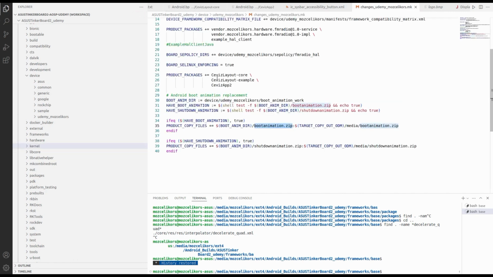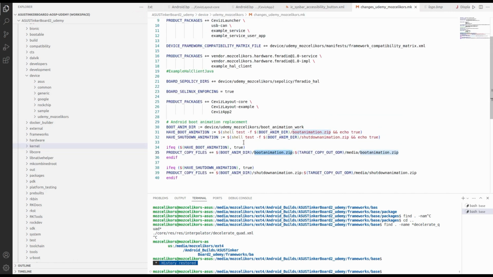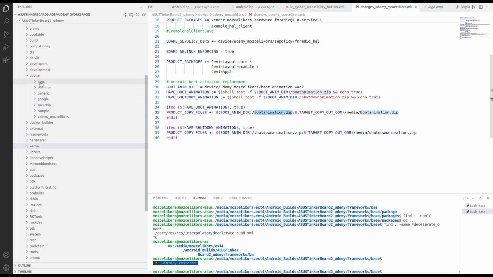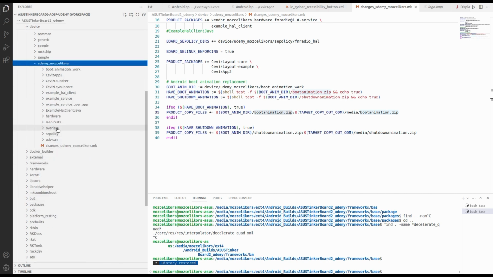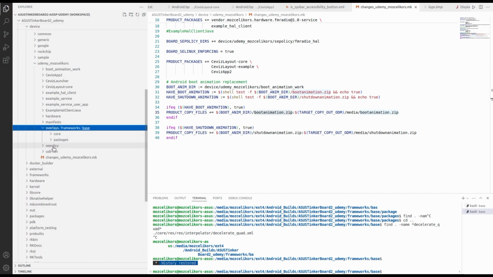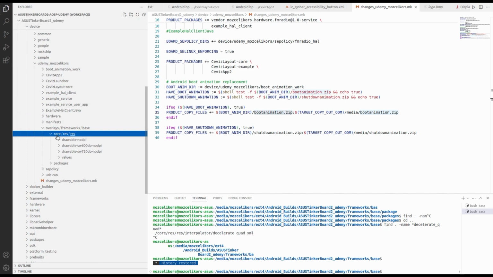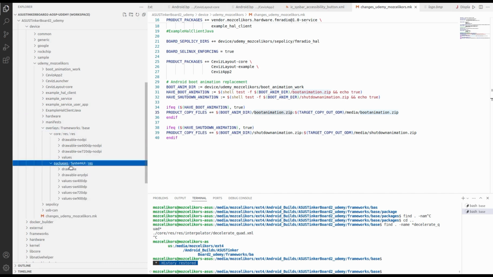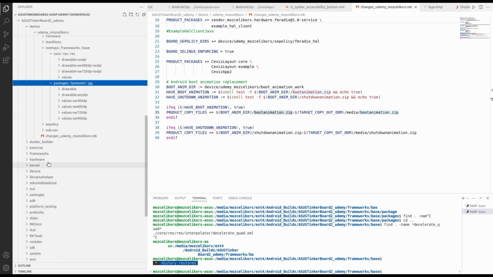Next up, let's see what I did in terms of the changes to the device makefile. I don't have anything else, but what I did is I did a bunch of customizations to the SystemUI. So here is the overlay folder. So we are directly replacing stuff under frameworks folder. So frameworks is located here,